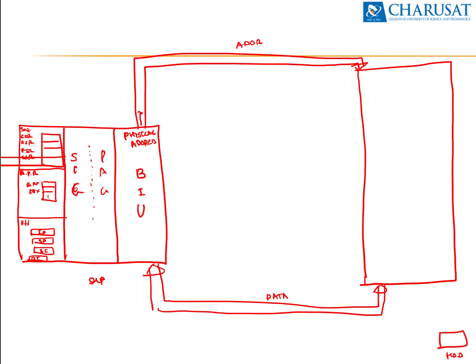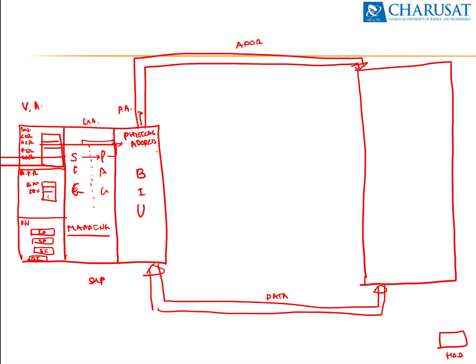Why have I drawn a dotted line? Because paging is not mandatory, we can go with segmentation alone and generate the physical address. If paging is mandatory, segmentation gives the linear address to paging, and paging generates the physical address. That's why I drew a dotted line. This is a mapping area which maps the logical address to the physical address. The logical address is nothing but the virtual address, and this portion is the physical address, with the linear address in between.